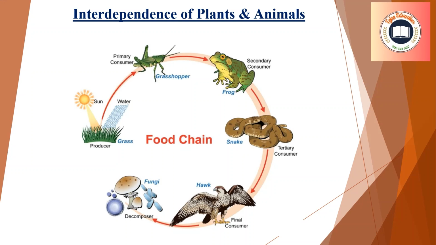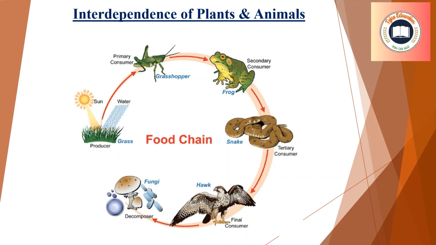Herbivorous animals can eat plants as their food. Carnivores depend on the herbivores for their food. Plants are eaten by herbivores, which in turn are eaten by the carnivores, thus forming a chain. A chain that shows how one organism is dependent on another organism for food is called a food chain. Plants not only provide us with food to eat and oxygen to breathe, but also provide us with medicines. Many medicines that we use are made from plants.